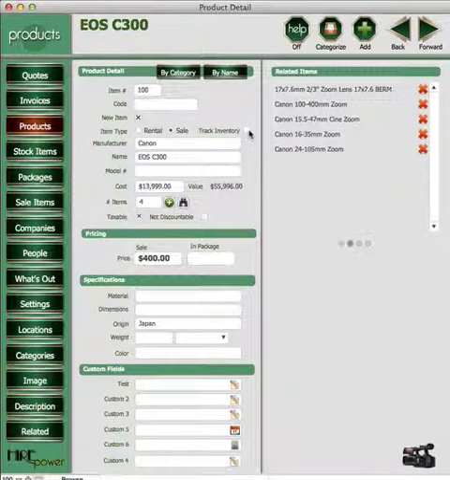HirePower is tracking all items in inventory. What this specifically refers to is tracking items that you are buying and selling constantly. So you're bringing them in, you're selling them, and you're ordering more. Now if we check the track inventory box here,